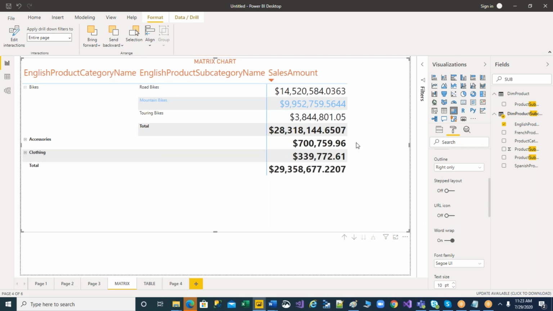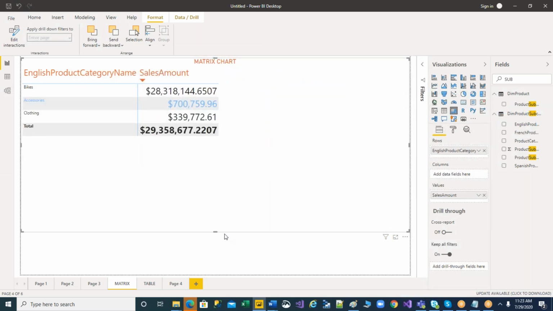The important thing in a matrix chart is, assume I have created a matrix chart here. For this matrix chart, my criteria is I want to understand English product category name wise sales amount. Within the bikes category, definitely there will be some subcategories. Under bikes, we have Passion, we have Pulsar,